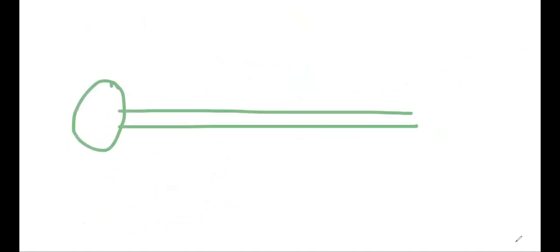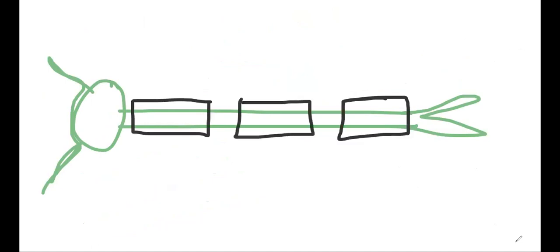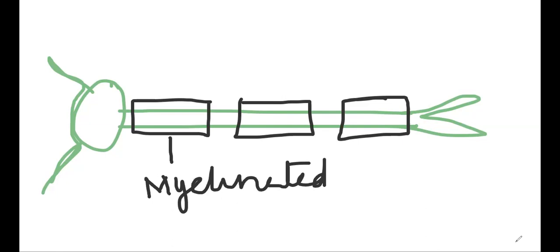For white matter, I'll draw again the cyton, dendrite, axon, and the dendron and their branches, dendrites. And we need to go with the myelin sheath at present. You may have learned about this myelin sheath, which covers the axon. The uncovered portions are called nodes of Ranvier. That we all know. The white color is due to the presence of myelin sheath. Axons with myelin sheath are called myelinated axons.